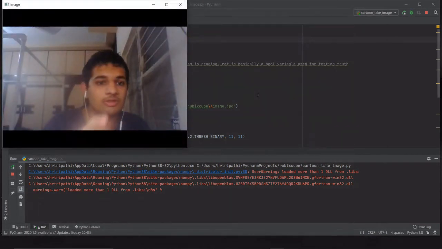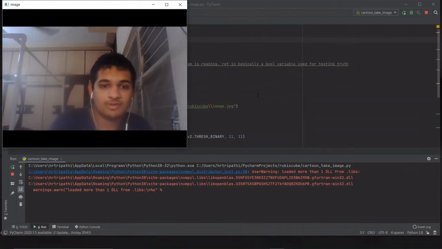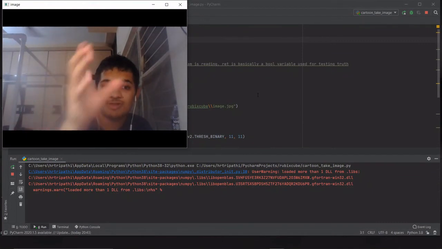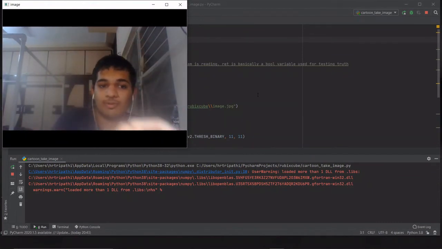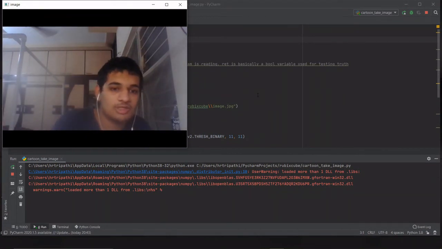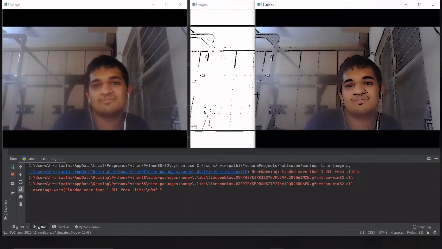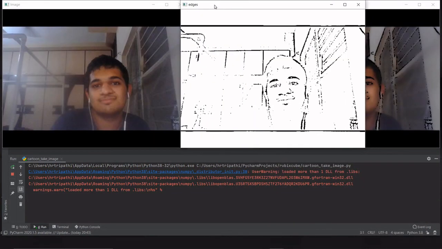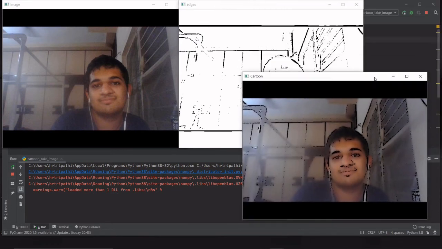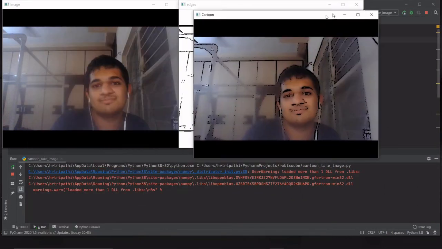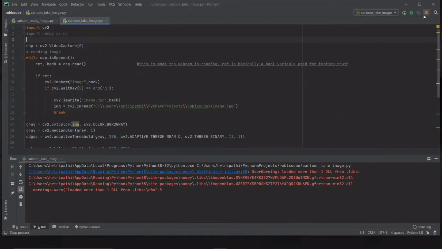What you can see is my face. If I press Q, this is what the particular code does. My snapshot at the instant when I press Q is taken, and that is used as an input. So say I press Q now and I smile, and the snapshot is taken, and you can see the output here. As I mentioned in the starting of the video, the take image is not really preferred by me, but in case someone prefers it, they can use it as well.